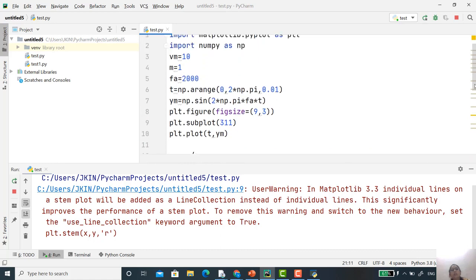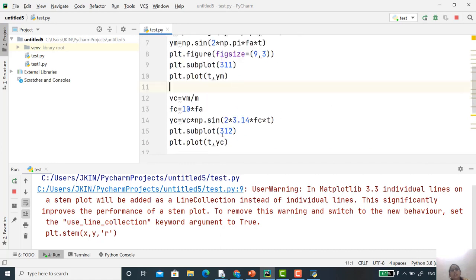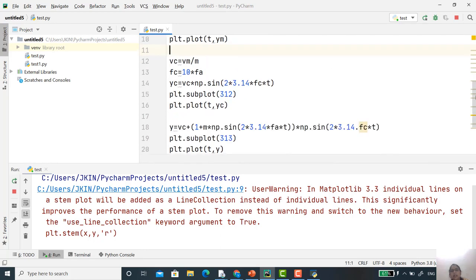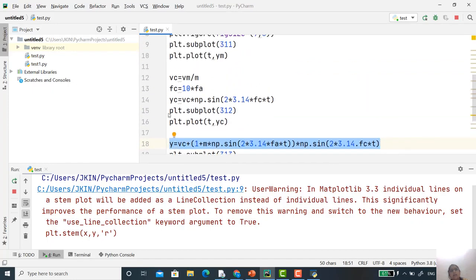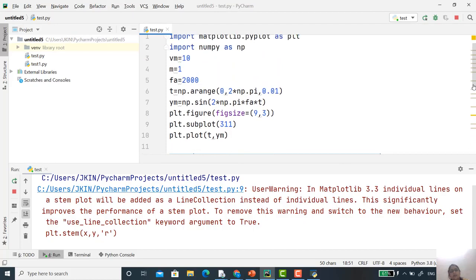This much is for the modulating signal. This is for our carrier signal, and the last one is for our modulated signal. This is the same equation that you have used in ADC to generate the modulated signal. Here is how you can generate your carrier wave. You can change the frequency, that is all right. Instead of 2000, if you want to take any other frequency number, then you can. If you want to change the amplitude, yes, you can change.